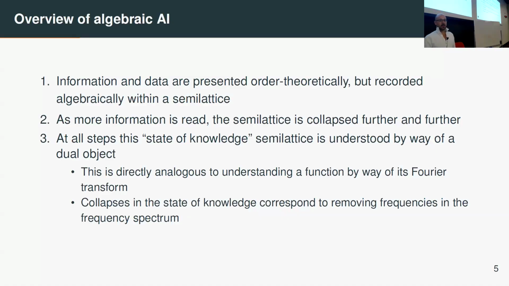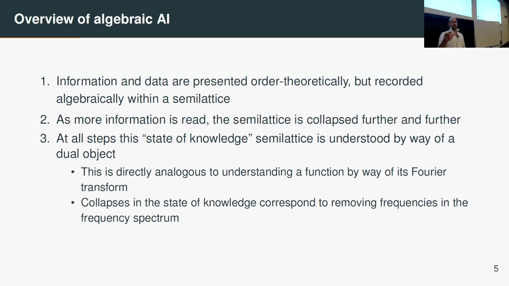But a nice way to think about this is in terms of the Fourier transform. So the Fourier transform is also by way of a duality. So you have a function, and then you look in the dual space, I guess the frequency space, and it's completely transformed into a different object. It just represents the frequencies that are required to build up that function. And there is a theorem, the Fourier inversion theorem or something like this, which is exactly a specific instance of what's called Pontryagin duality that can take that function back to the original.